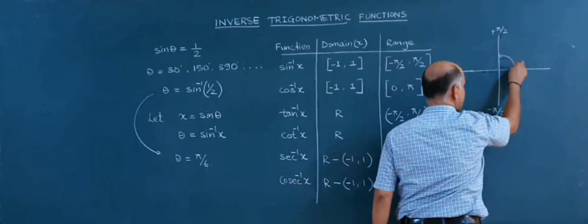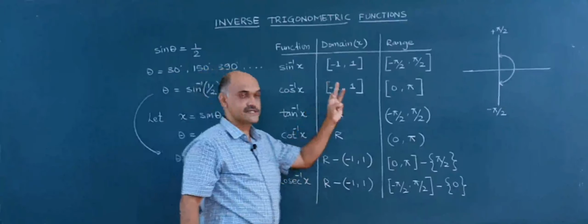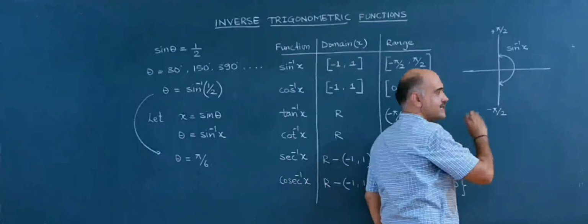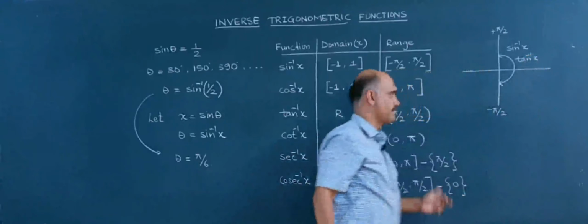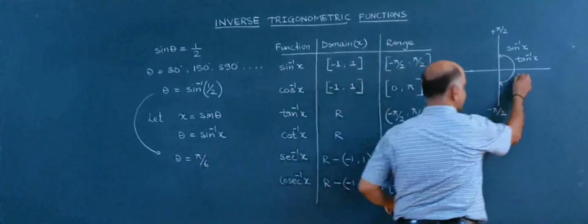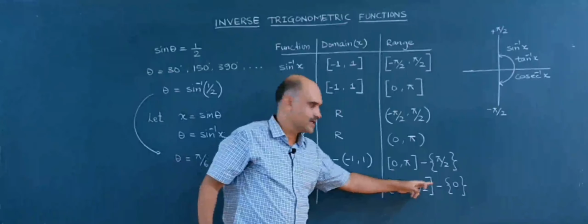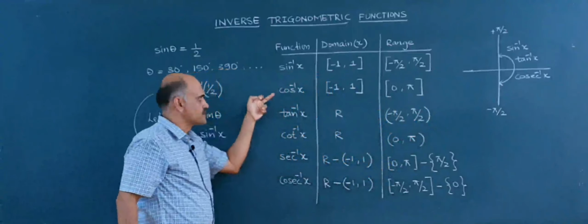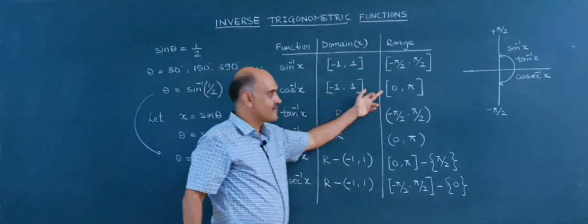So from minus pi by 2 to plus pi by 2, you will have 3 trigonometric functions. Sin inverse x will have closed interval minus pi by 2 to plus pi by 2. Then you have tan inverse x, minus pi by 2 to plus pi by 2, and you have cosec inverse x. This is also minus pi by 2 to plus pi by 2, but you are required to subtract 0 degree. Similarly, the other three, if you observe, cos inverse, cot inverse, secant inverse, they are from 0 to pi.